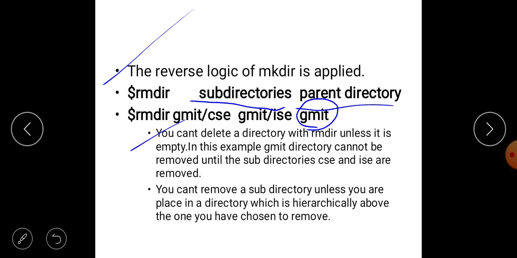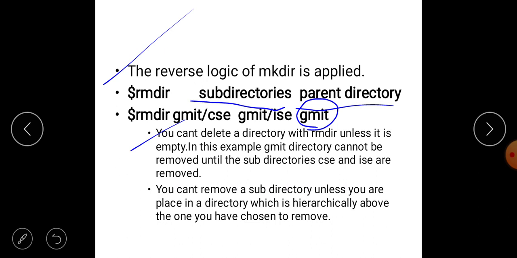Inside the gmit there are another two subdirectories csc and isc. Okay, so we are removing csc and isc first, then it automatically removes this gmit directory. Okay, in this example the gmit directory cannot be removed until the subdirectories csc and isc are removed. Okay, you cannot remove a subdirectory unless you are placed in a directory which is hierarchically above the one you have chosen to remove.